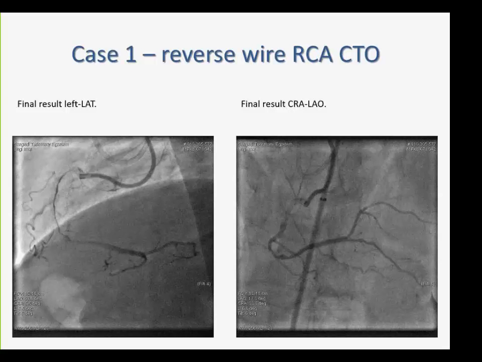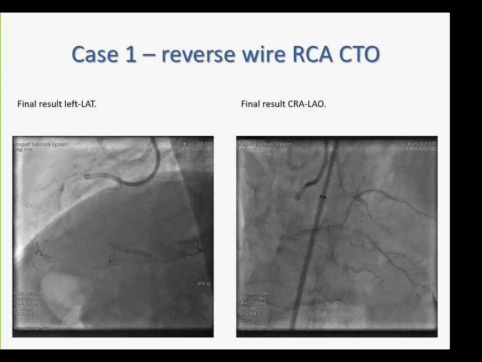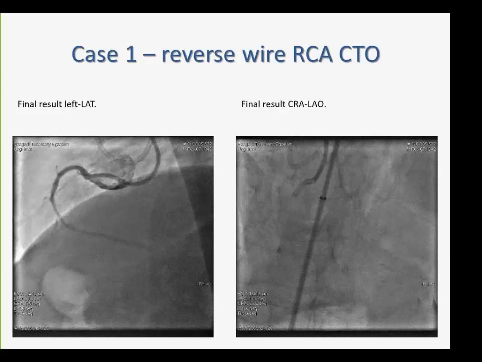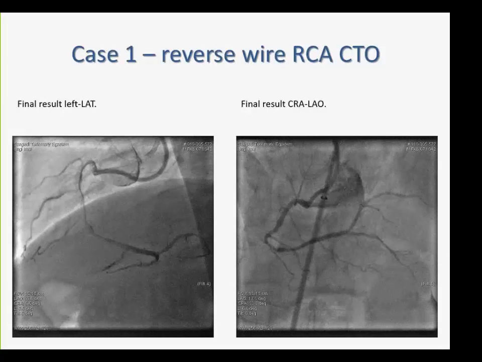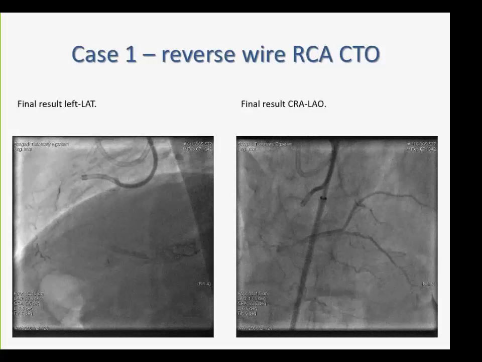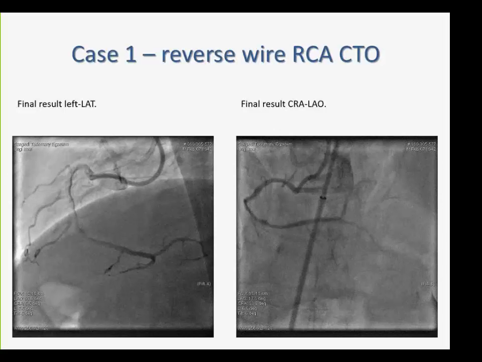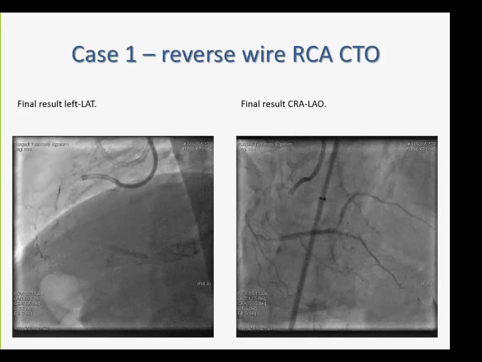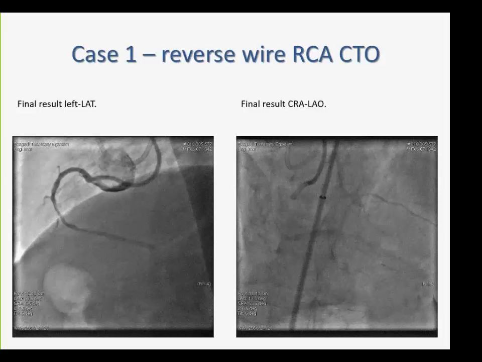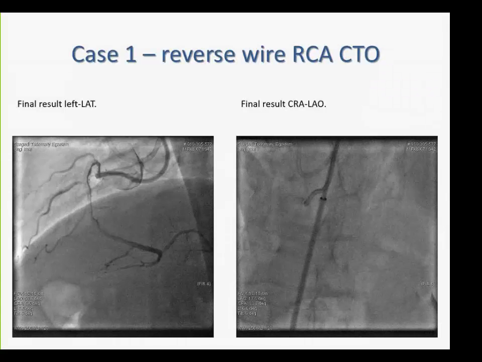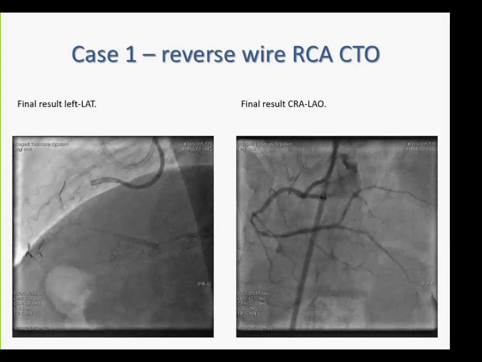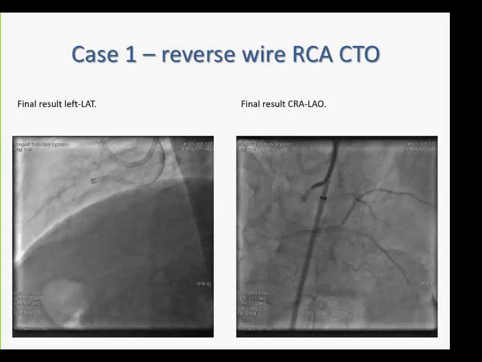There is a diffuse disease in the proximal part, but at this procedure we did not put more stents. Finally we decided to do it depending on ischemia in the future. So that was the final result, and I think that in this case